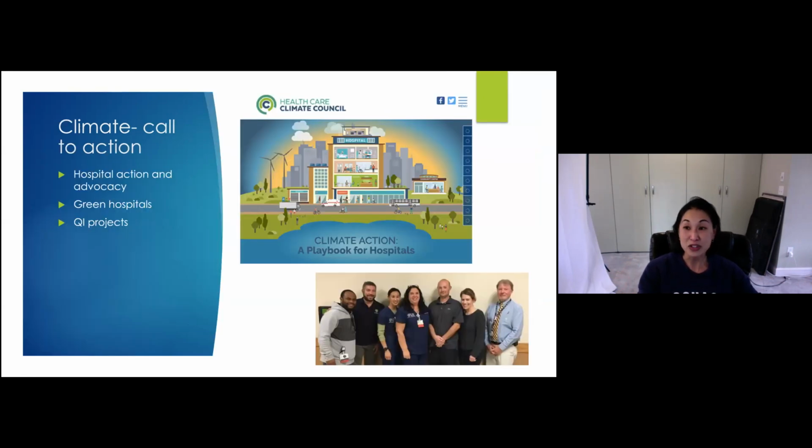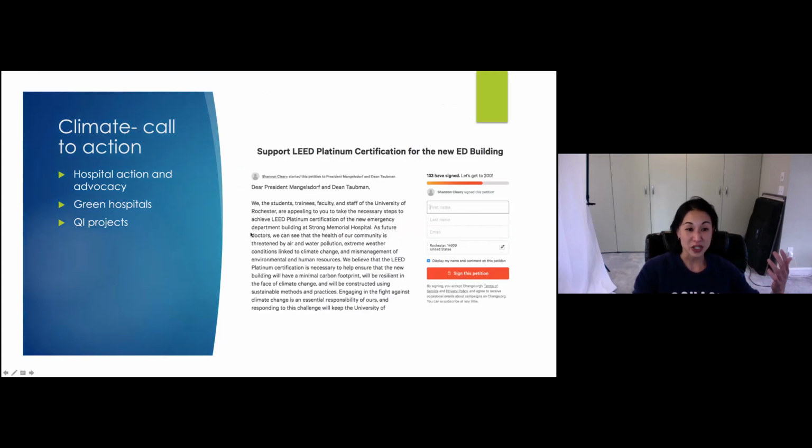So the things that the emergency department and the University of Rochester are working on related to greenhouse gas emissions from hospitals are manifold. We actually started something called the ED Green Team, where we have a group composed of faculty, residents, nursing staff, environmental services, and patient care techs to figure out ways to attack some of these climate issues and hospital waste issues in a way that also takes into account clinical care, because our first responsibility is to the patient. So we've done projects related to,